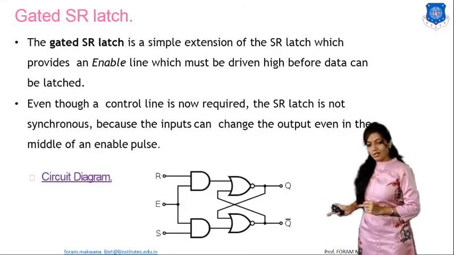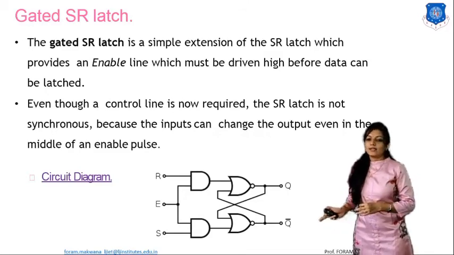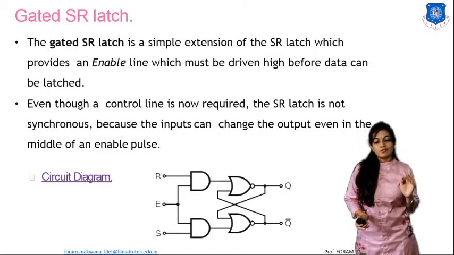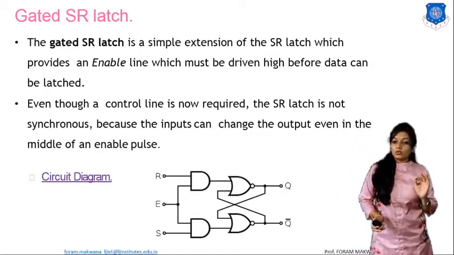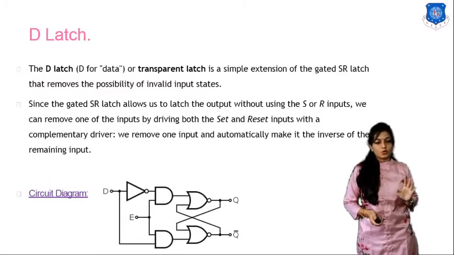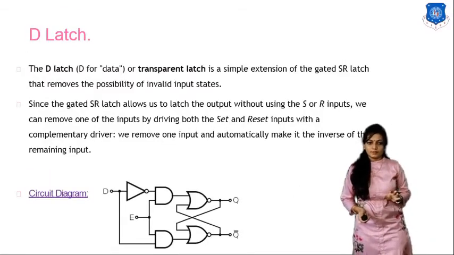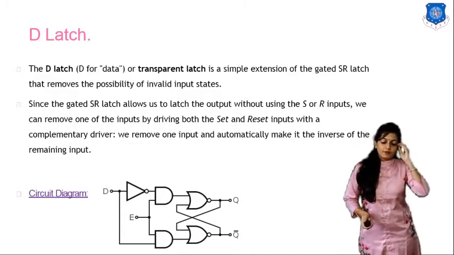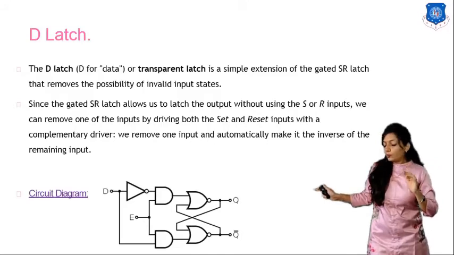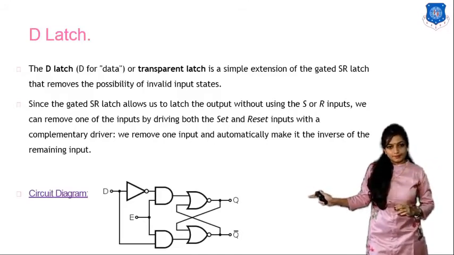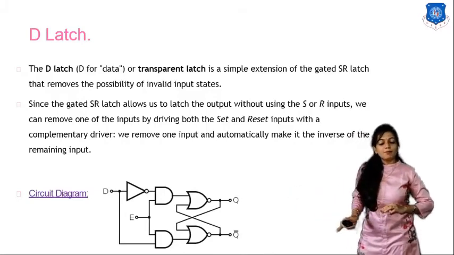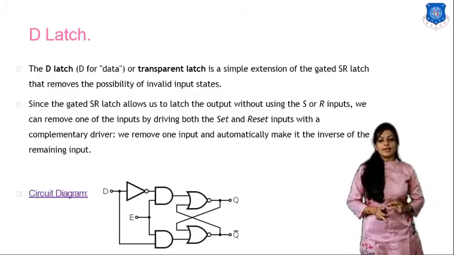Even though the control line is required, this SR latch is not synchronous because the output will change with the help of input only, not with the help of that control signal. Alright, if I want to form the D latch, the only difference is I am going to place the NOT gate over here. So the D latch is a transparent latch. It's a simple extension of gated SR latch,